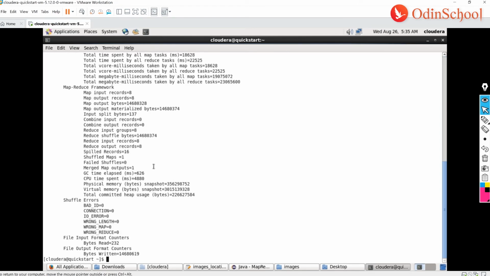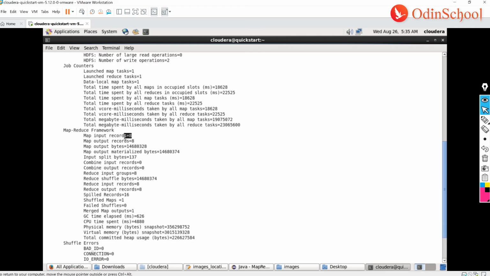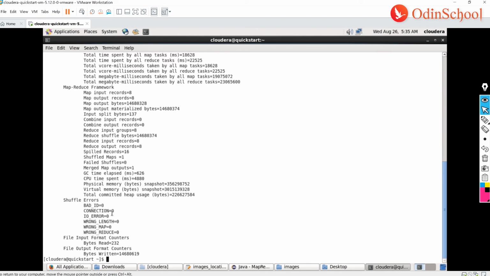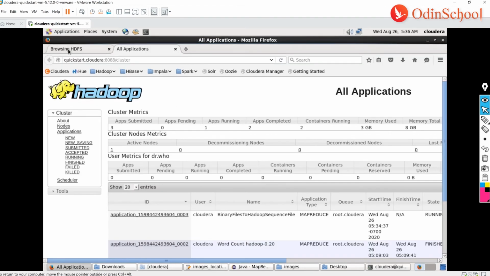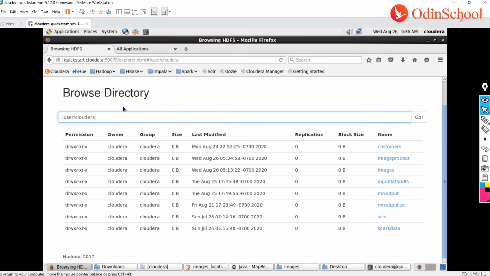Yes, your MapReduce job is completed, and map input records were 8, output records are also 8. And now let us see basically the format, how it is looking at HDFS. Okay, so yes, now if we go to root user Cloudera output folder,